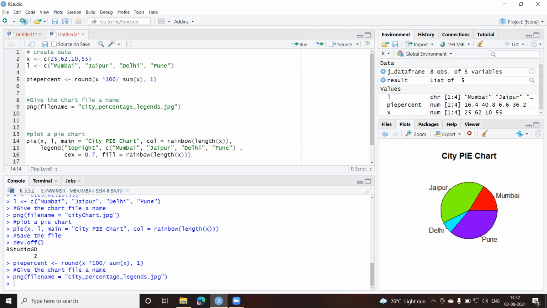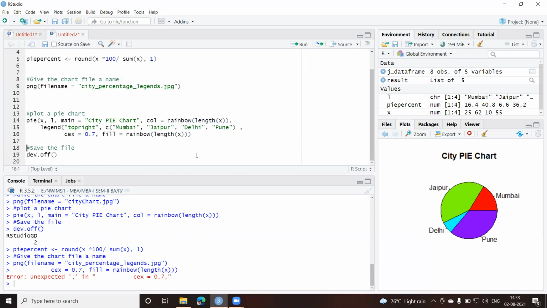Then comes my title which I have given to the chart, followed by the color which I'm going to create based on the number of values. That many colors will get created here. And then I decide where I want the legend to be displayed. So on top right, I want the legend to be displayed with the text values like Mumbai, Jaipur, Delhi, and Pune. This is the size which I have given here, and it's going to be filled by the same color which is getting generated here. So let me run this one.